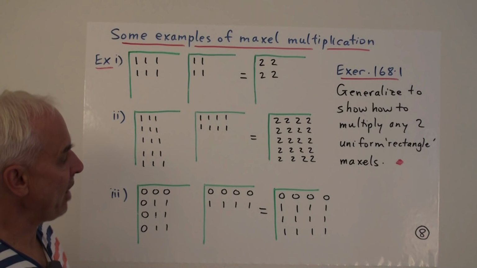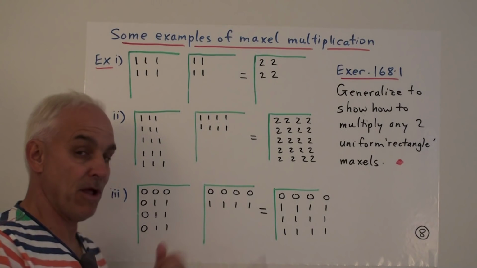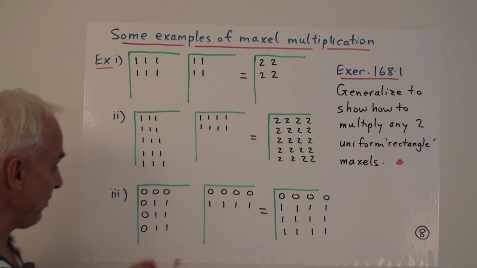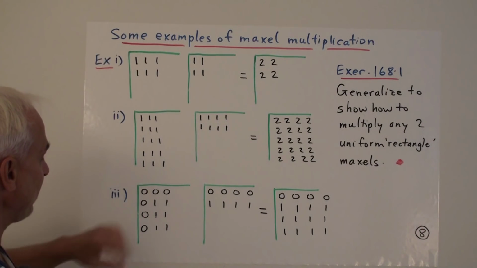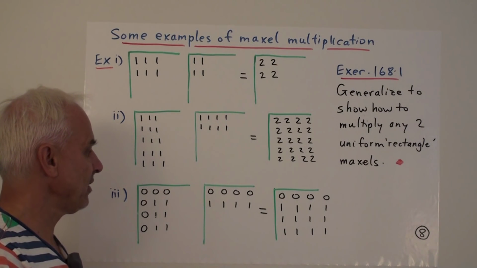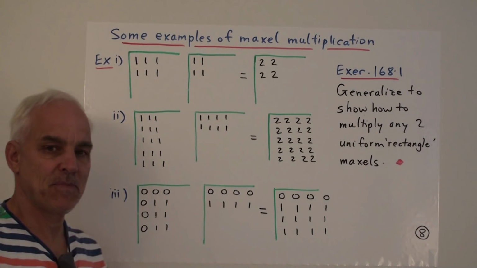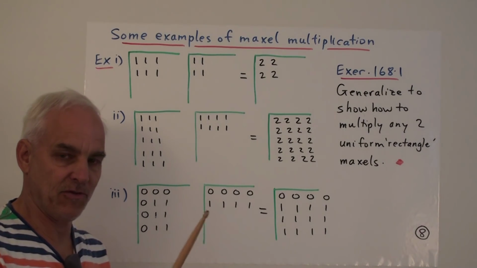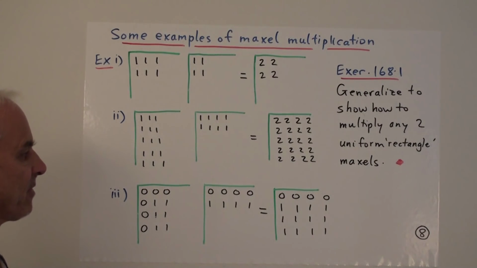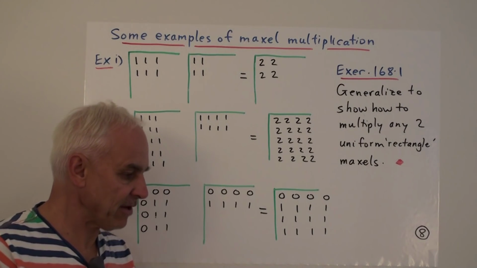So there's now an exercise to play around yourselves with doing some maxil multiplication, perhaps with just relatively simple maxils that are supported on rectangles. But maybe the rectangles don't have to be corner rectangles. They can be sort of floating anywhere. You can experiment with different possibilities and see if you can figure out a kind of rule or figure out the pattern so that you could predict what the product of any two rectangles is without actually having to go through the thing step by step. But it's certainly useful to work it out step by step, really examine what's going on at the pixel level.